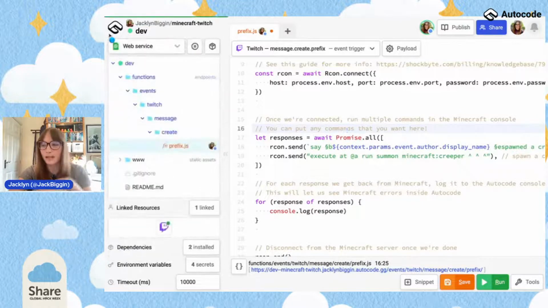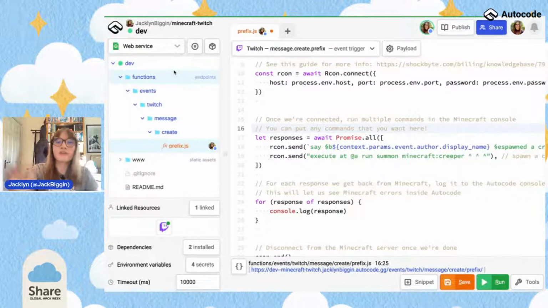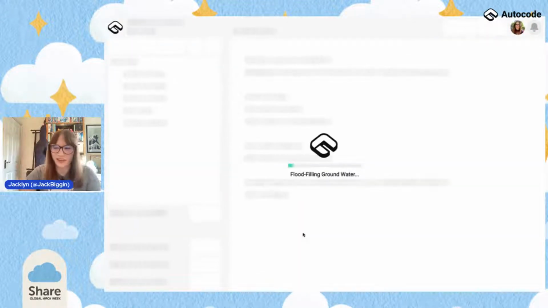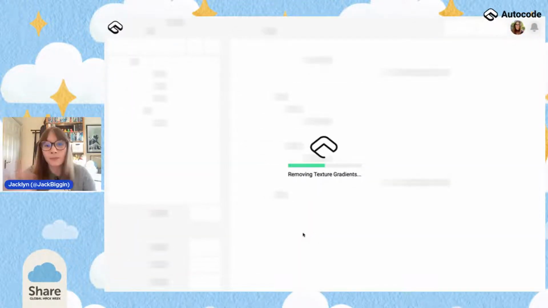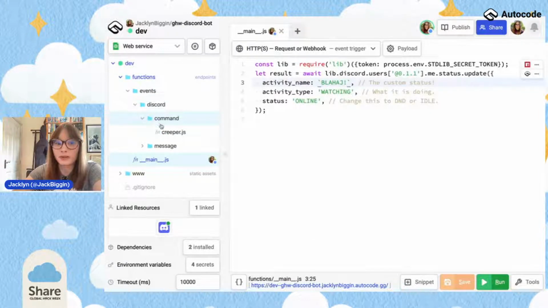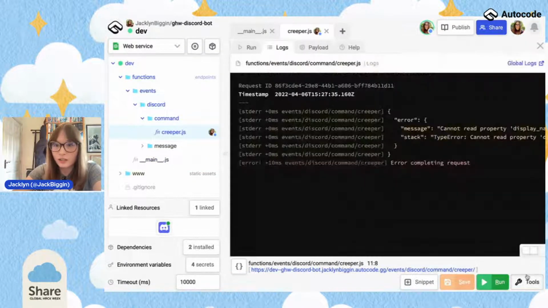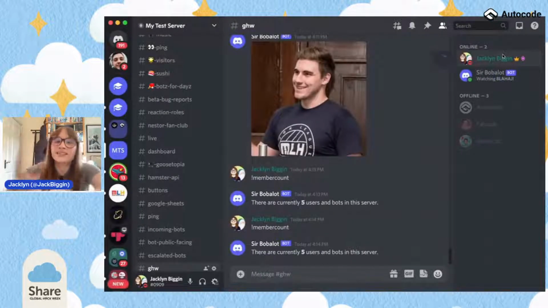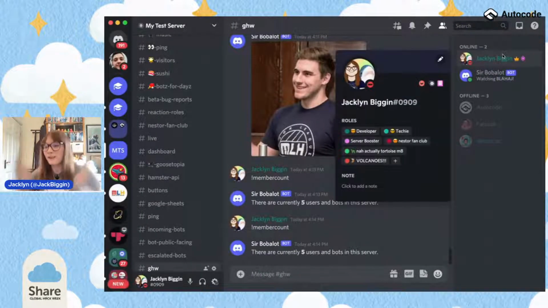But I've got a run project open. Let me just open it real quick, and let me just show you a bit of troubleshooting. We had a lot of troubleshooting yesterday, but this is going to be a really, really quick fix. I know it. So we'll open our project again. We will go and find our event, which Autocode will have conveniently arranged for us. I can look at tools and I can see, oh, it can't read the property of my display name. And that is because I don't have a display name set on Discord. So that's why I'm having problems.